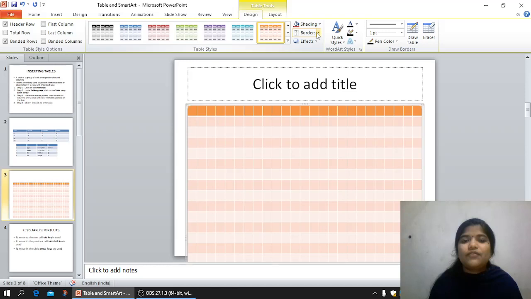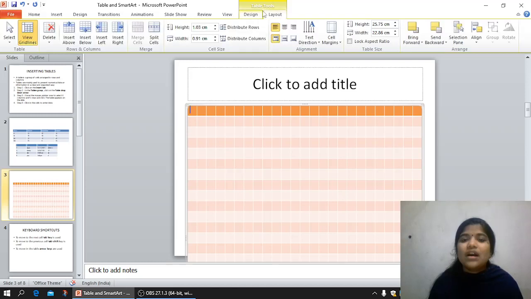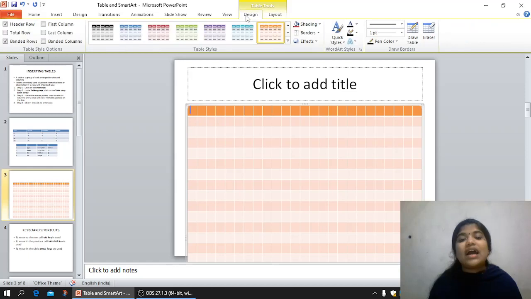These two tabs come under the Table Tools. So two more tabs will be there after selecting any table, that are the Design tab and Layout tab. This is the table which we have created with the help of the option Insert Table.